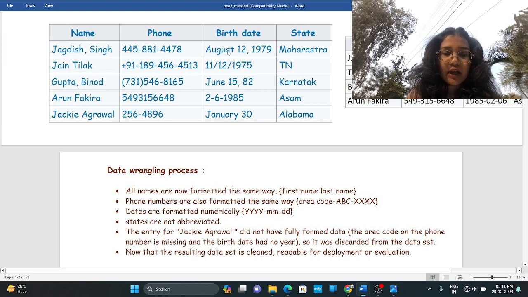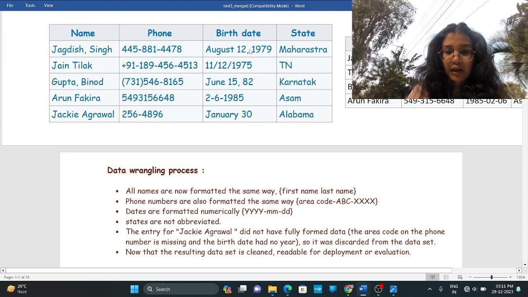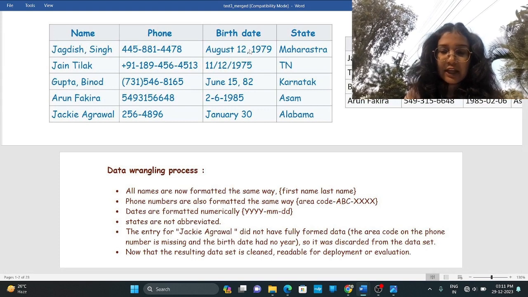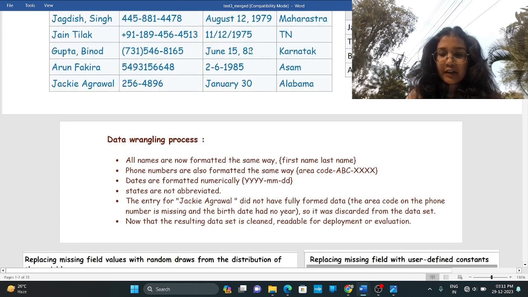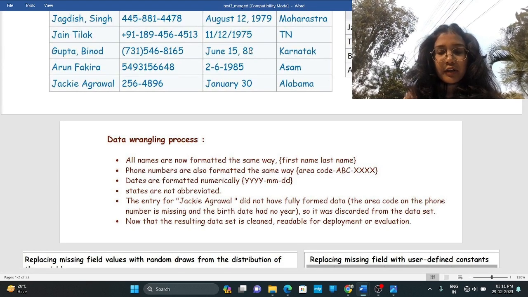Status entries are not abbreviated. The entry for Zaki Agrawal did not have fully formed data. The area code on the phone number is missing and the birth date had no year. So it was discarded from the dataset. Now the resulting dataset is cleaned and readable for deployment or